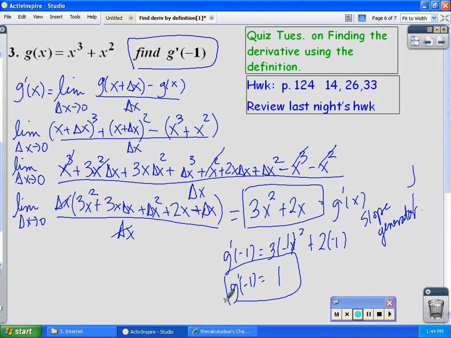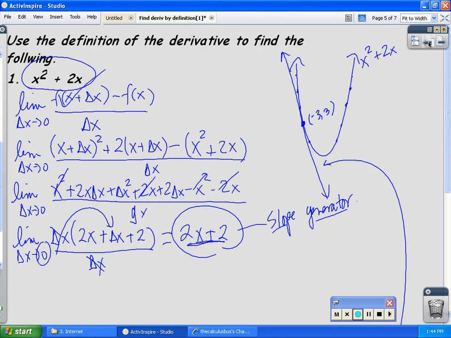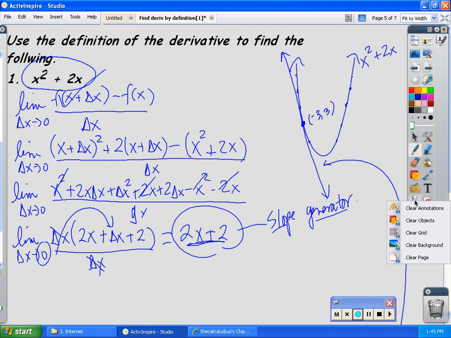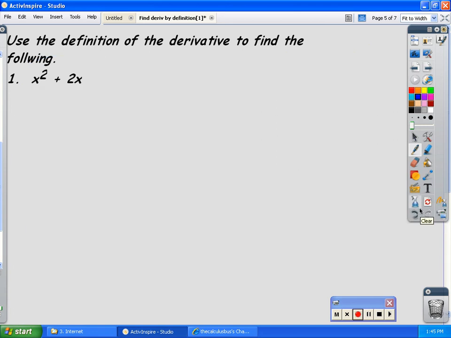Make sure that you complete these 3 problems in the homework. This one in particular, number 33, you're going to have to think about. While I'm thinking about that problem, let's go back to the last problem for just a minute. And I'm going to add a question to that problem. Let me get rid of all the stuff that's on here. Clear the annotations. All right, so in our work we already figured out that the derivative of this function, this was f of x, was 2x plus 2. What if the question was